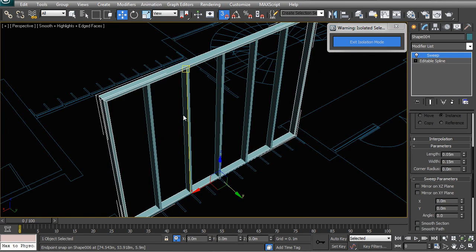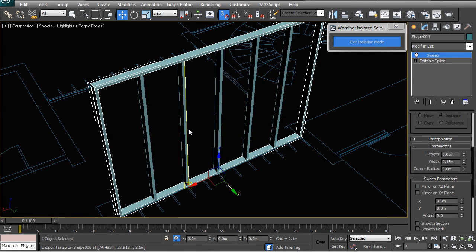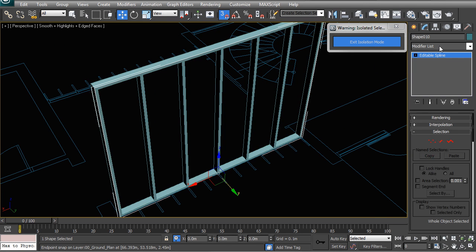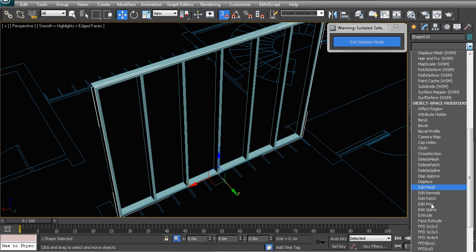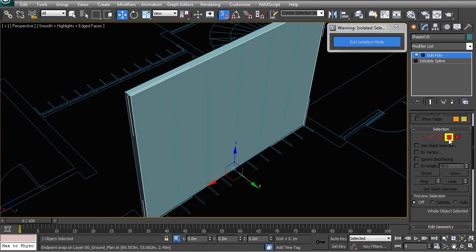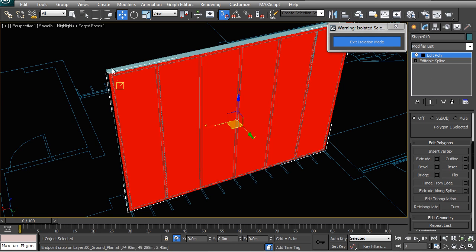To make the glass now, instead of redrawing the object, I always like to use existing objects and modify them. So let's take this outer frame and type Control V on our keyboards to make a copy of that object, undo the sweep, and add an editable poly modifier to it, and that's just going to make it a solid. Let's inset it slightly so that we don't have the glass going right out to the outside of the frame. We can inset that by 4 centimeters so that we have a little bit of an overlap into the